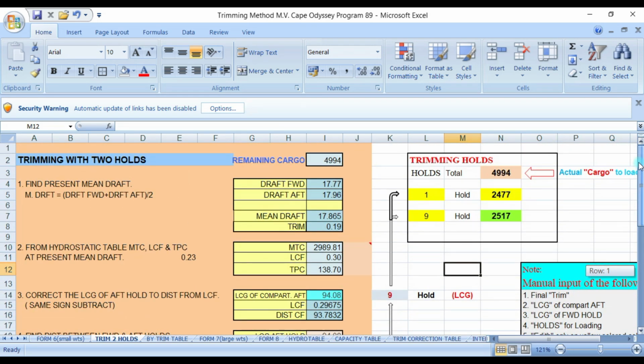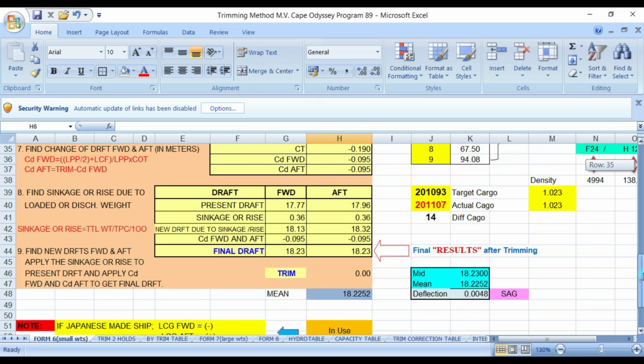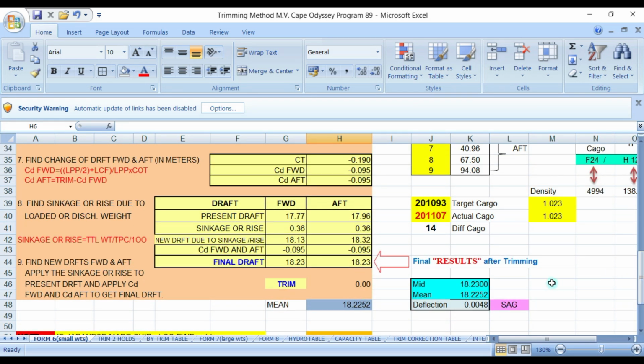Okay, just a reminder again that within this initial draft reading, if you have the present mean draft and the actual mid draft, you will know already that you have a zero deflection. So look at this figure, meaning your deflection here is 0. So what happens to the final figure after loading the remaining cargo to load? You have a 0 deflection, so you have no trim, the same draft forward and aft. Okay, so that is just what I want you to emphasize. Then let's go to the